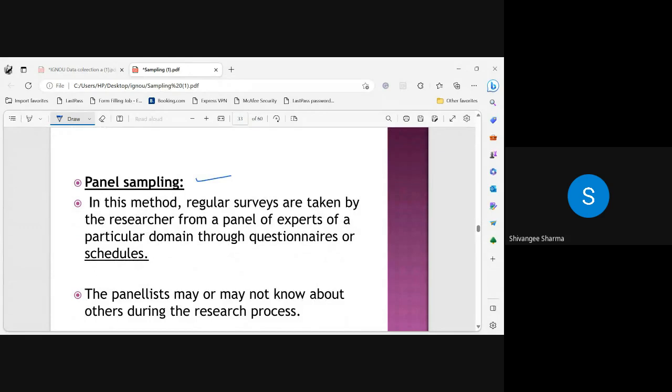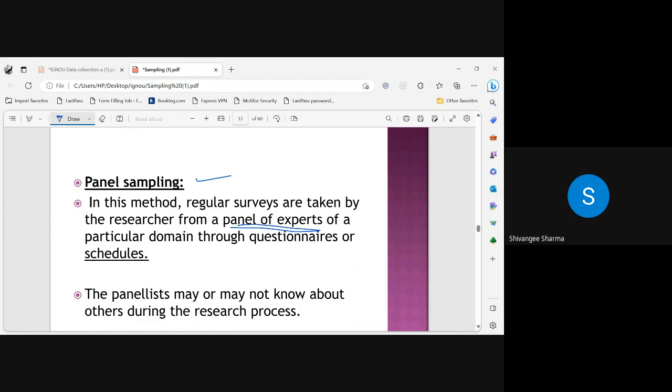In this method, regular surveys are taken by the researcher from a panel of experts, right? Suppose you are doing an analysis upon the national income, and you want to study the growth or the prospects of national income for the country, what you can do, you can make a panel of experts in